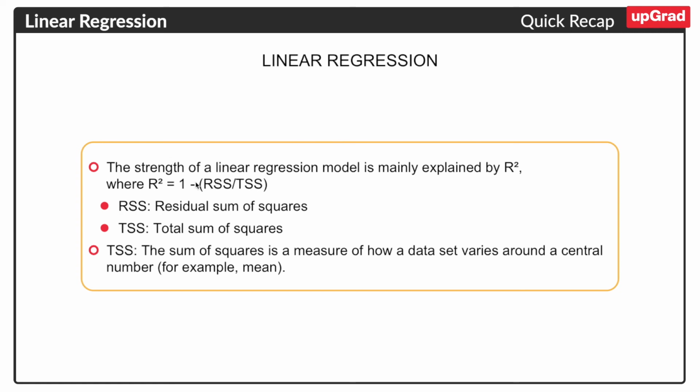So now if you see, what we are doing is R square is equal to 1 minus RSS over TSS. So we know that RSS should be less, right? And also TSS should be less, right? So that's how if you do 1 minus a very small number, then you will get a bigger number. So that's why, generally, if you see a linear regression model, any model you are training, if the R square value is a little higher, then you will think that the model is performing well. Okay.